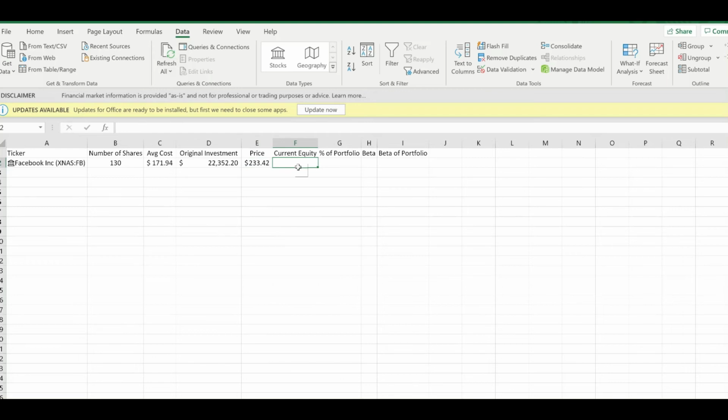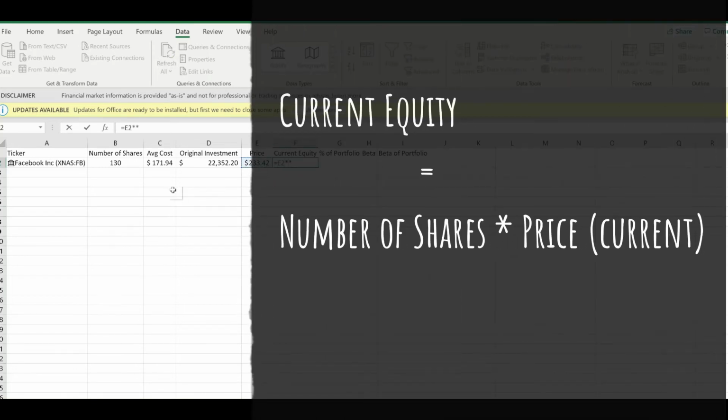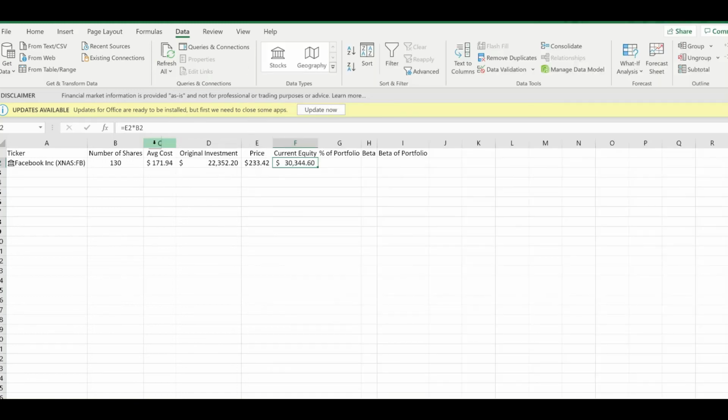Okay, now we can calculate the current equity, right? Because the average cost is 171, now the price is 233. To find the current equity that you have on Facebook, all you have to do is multiply the current price times the number of shares you hold. So we do E2 times B2 and you get $30,000. That's the current equity. Also, you have to find the percentage of the portfolio. That means